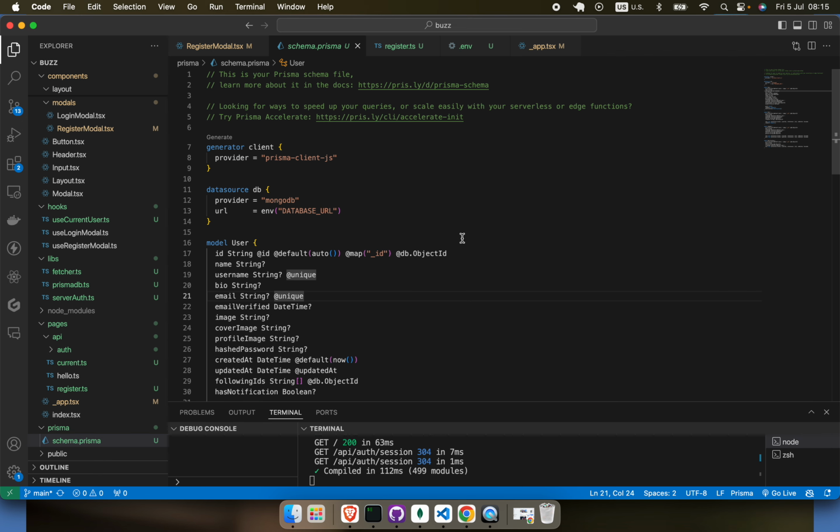All right. So what we have to do now is get our database URL, which we are going to fill right here. And for that, let's go into MongoDB Atlas and let's create our database. So I'm just going to sign in because I